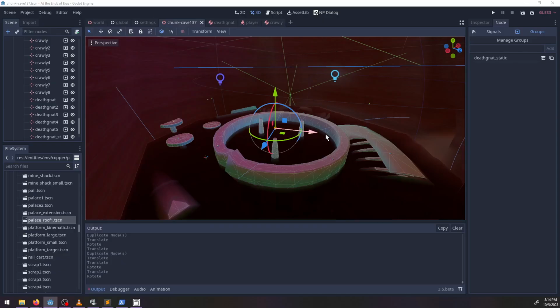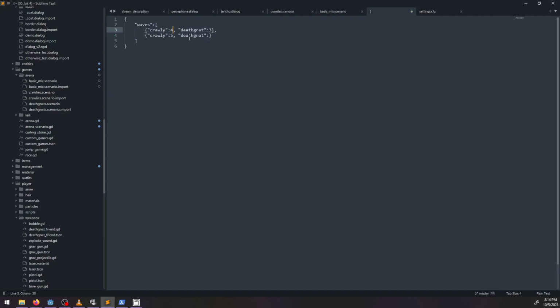Actually, I think the first one, let's go all 8. So it'll show you all 8 spawns at first, and then it'll do these ones, then it'll do like, let's do like 2, so it'll be a lighter scene, and then it'll be